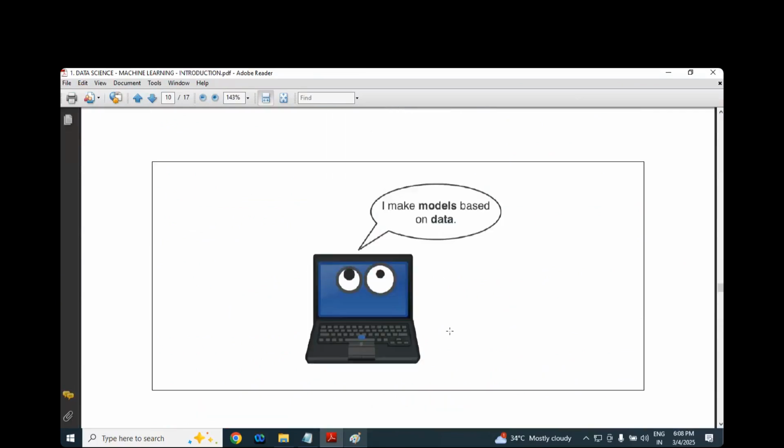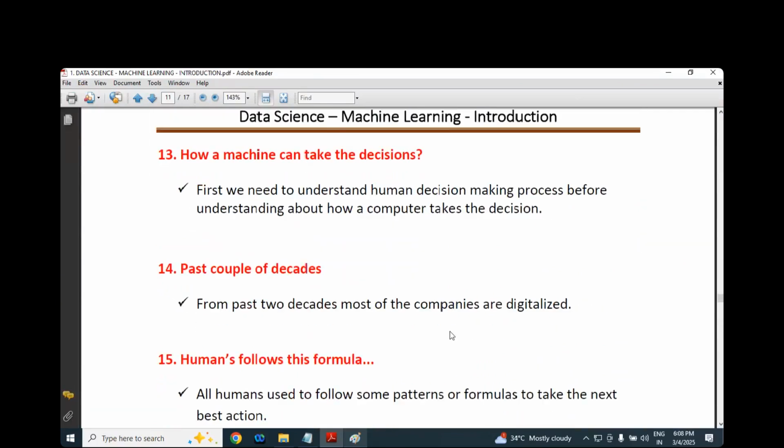From here, I have skipped, I guess. How can a machine take the decision? If you want to understand how a machine can take the decision, first you need to understand how a human can take the decision. Being a human, how can a human take the decision, sir? Sir, in the past couple of decades, more data came actually. Past 2 decades, 2 decades in the sense, 20 years. More data came actually. Though more data, definitely machine learning algorithms help you.